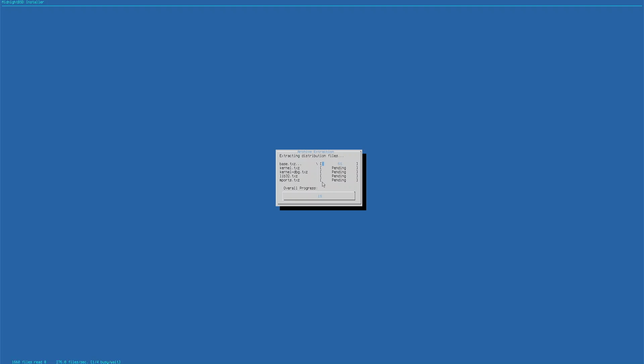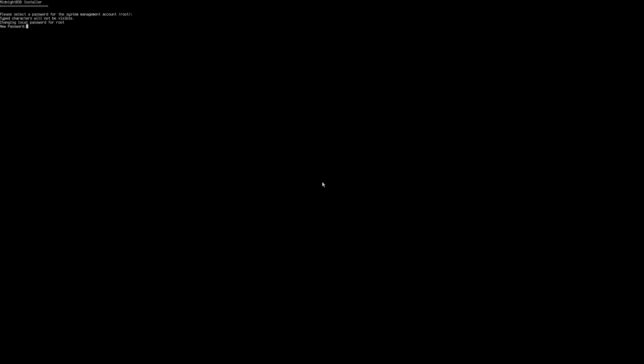Yeah, that was a silly mistake on my part. I forgot you had to select it with space. I hope you can at least a little bit see what I'm doing. I know it's probably hard, especially if you're on a phone, because again, I can't change the resolution right now. Okay. It is asking me to select a password for the system management thing, asking me to retype it. Yes, I would like you to use the Ethernet for internet. Sure. Sure.